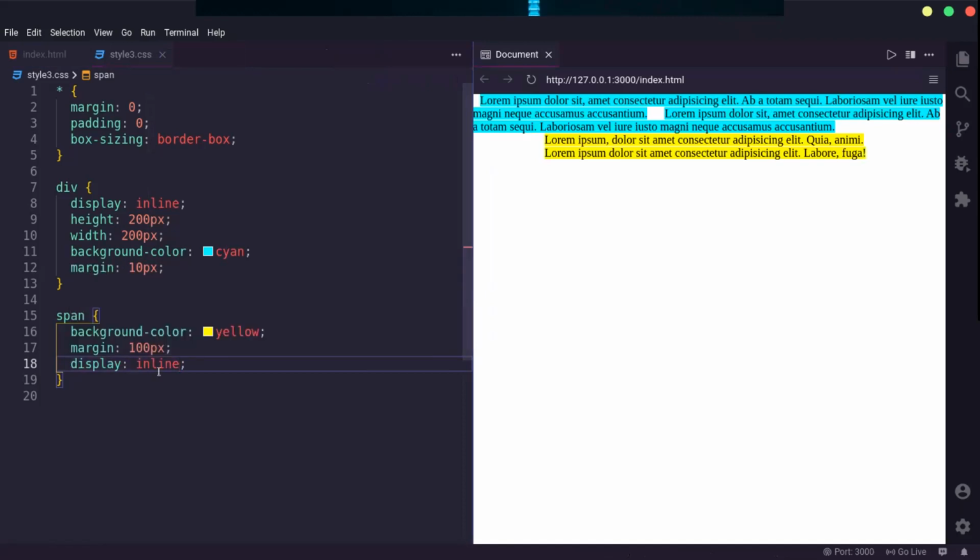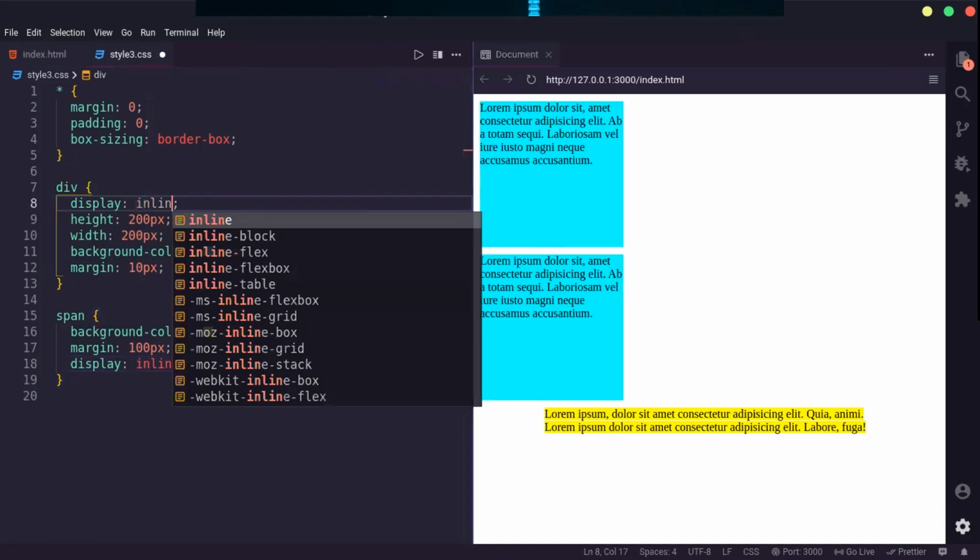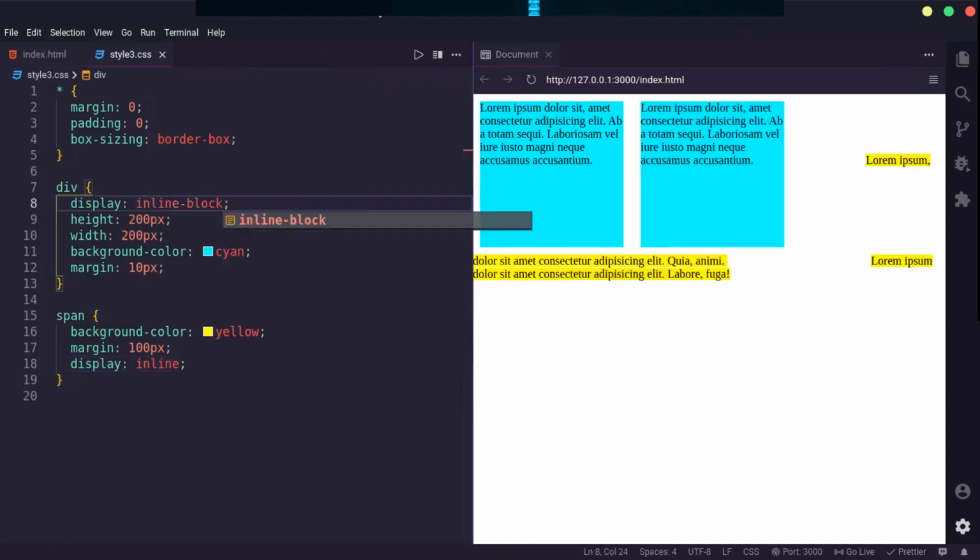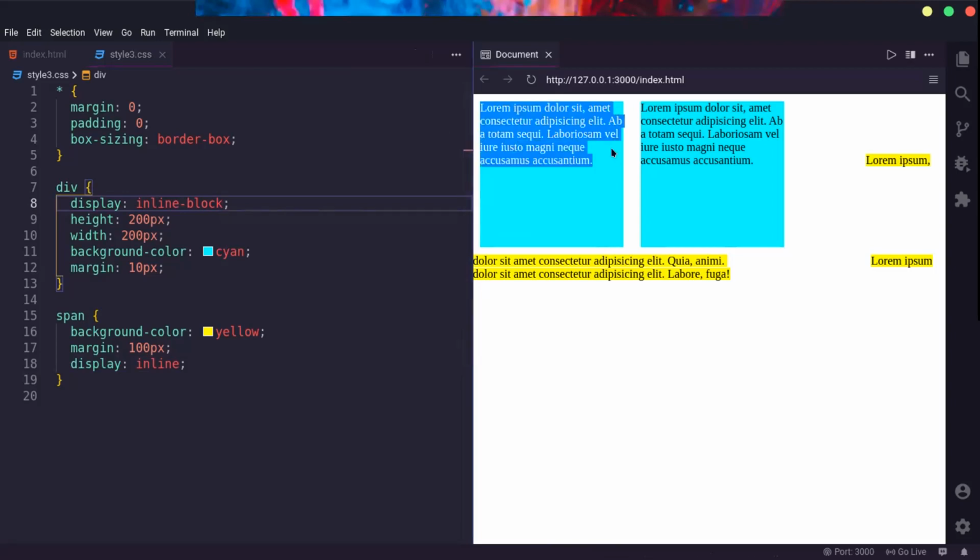But there are cases where we need to specify the height and width of inline elements. In that case, we will use inline-block. It has mixed features: a feature of inline as well as block. From inline, the feature is that it occupies only the space it requires and doesn't add a line break.